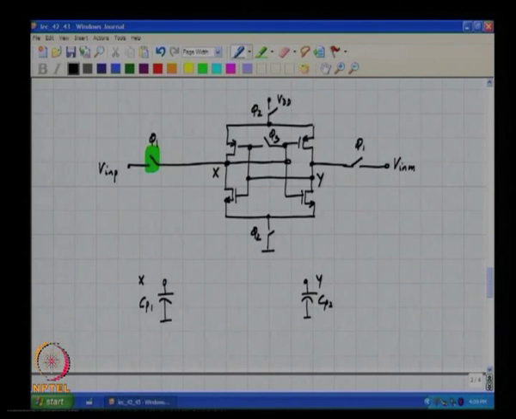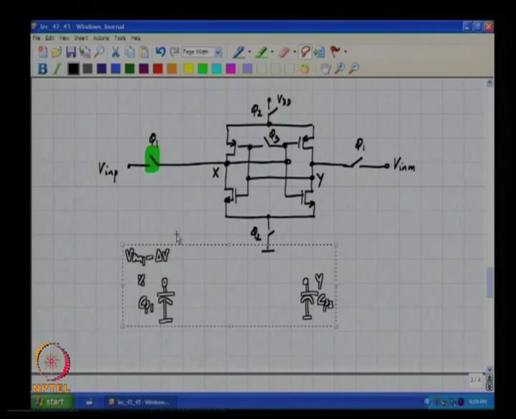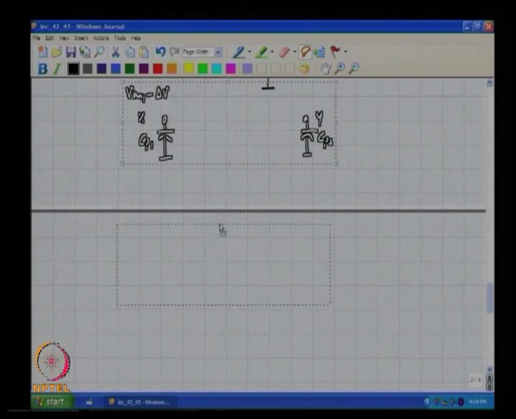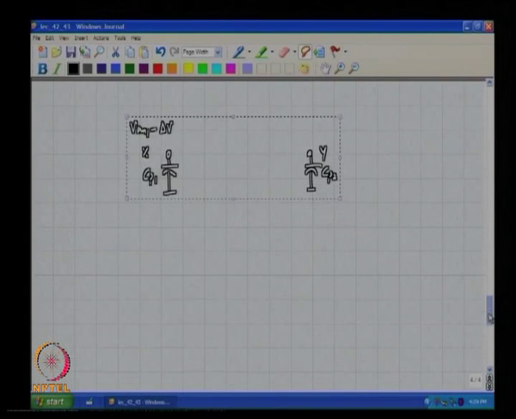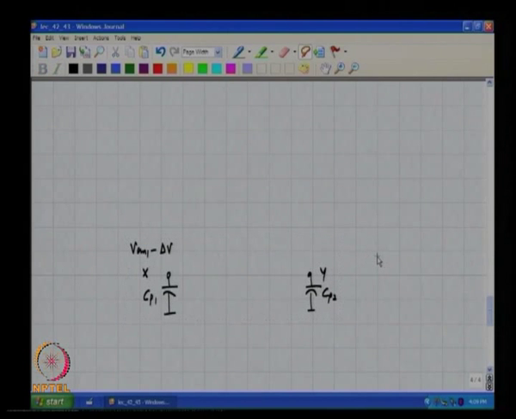For example, let us say this is Vcm1 minus delta V and this is Vcm1 plus delta V,